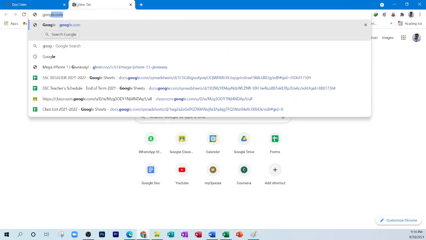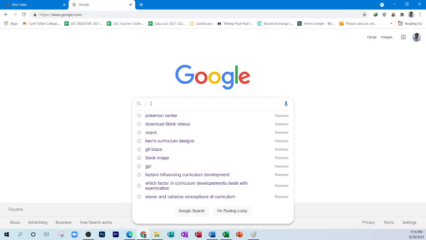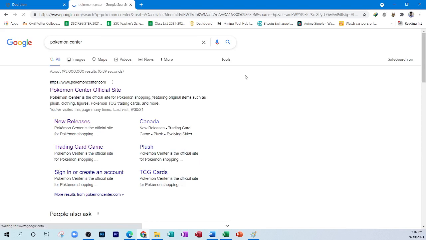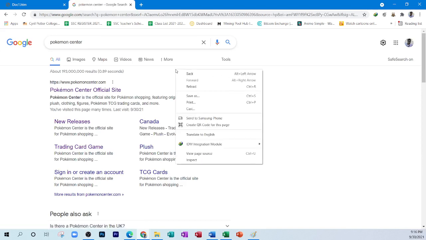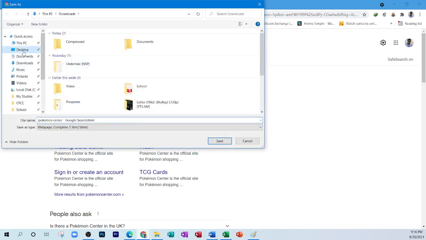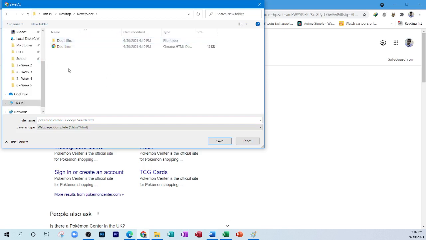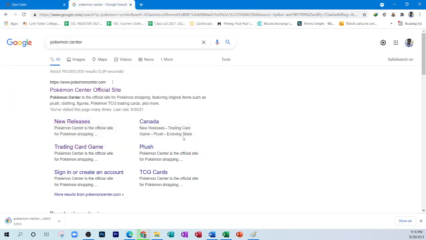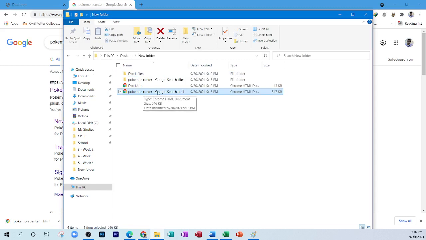Or even, say for example, you go to google.com and we just search for something. Have you ever right-clicked and seen the option to save as, and you can actually save a web page? If we save this web page here, let me show you what's going to happen. So let me go in this folder here. I'm going to save this web page. It has to download. Okay, it finished. And notice it downloaded that HTML file, Pokemon Center Google Search.html. So when I click on it